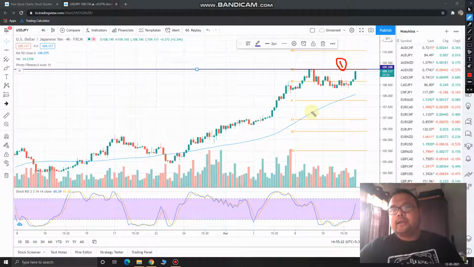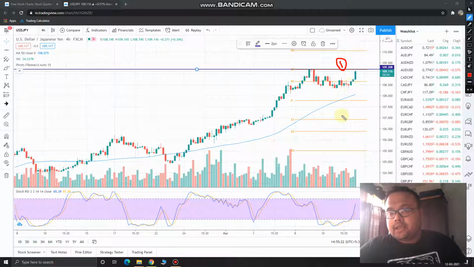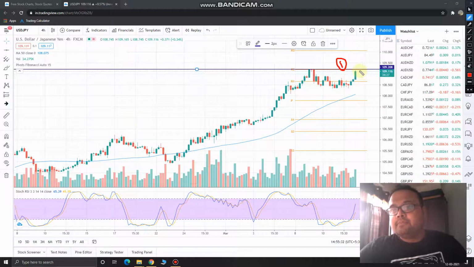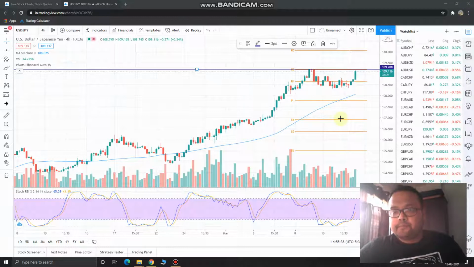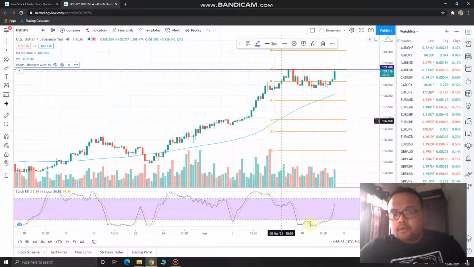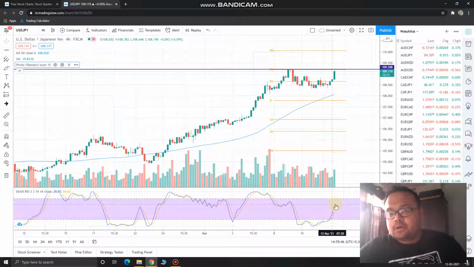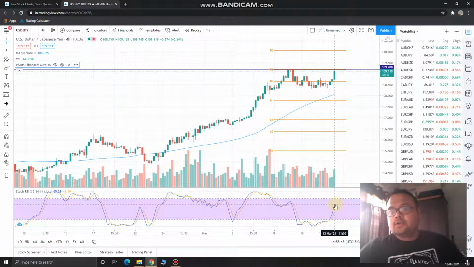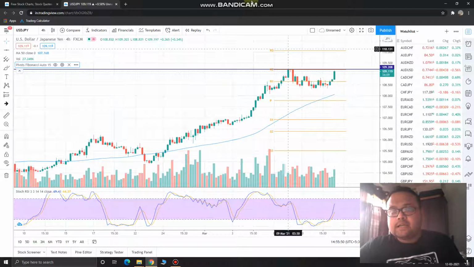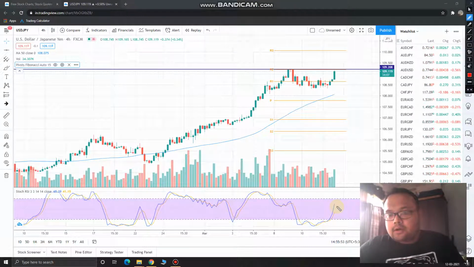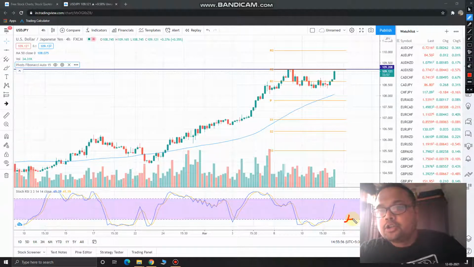Or on the other hand, you can wait for the market to come down a little bit again, so that you can catch the market when the market will be in oversold soon. Let me show you. You can see that right now the position of stochastic RSI is here. So in that case you can wait for stochastic RSI to cool off, to come down to the oversold level. When stochastic RSI is in oversold level, and from there when it is ready to go up again, just see the position of the price.